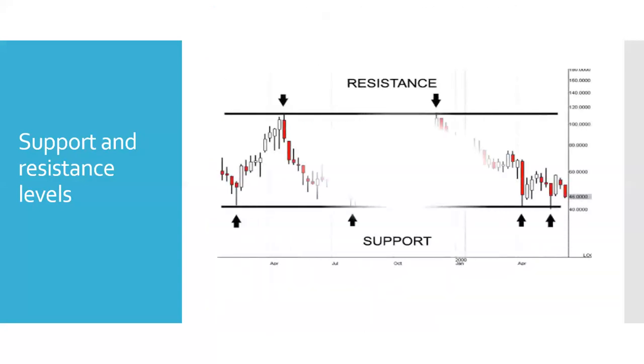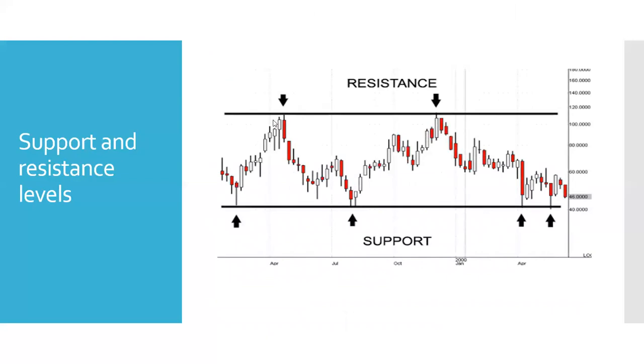See this way. This is a candlestick chart. Using the candlestick chart, these two levels have been formed. This is the support level. This is the resistance level. Whenever price reaches this level, investors think that this is the lowest price. They start buying in the market. Because of the increase in demand, price starts increasing.